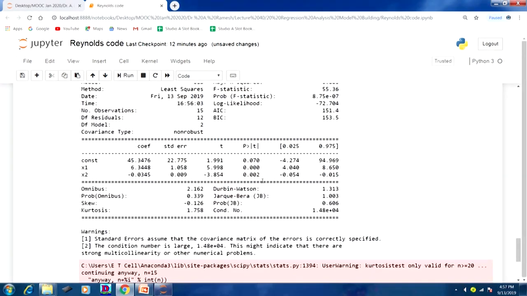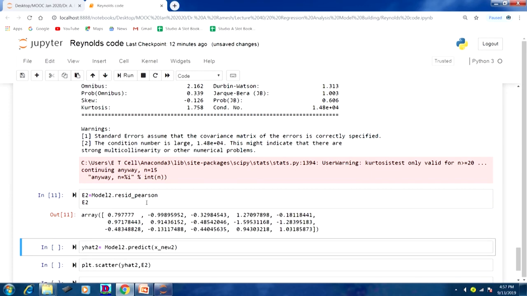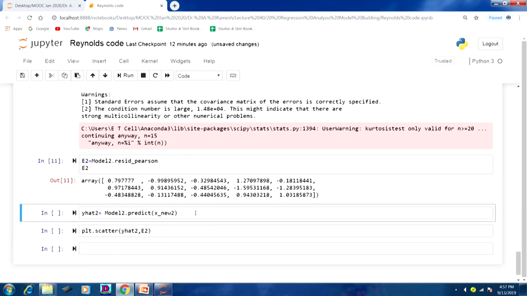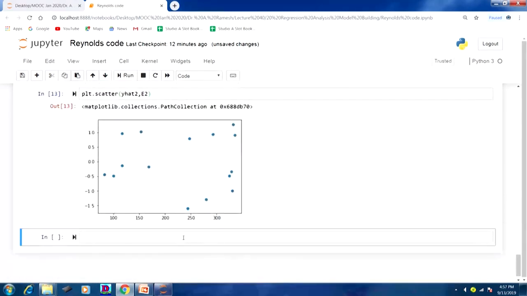It is not enough to check only the individual significance, overall significance and R square. Apart from this, we got to go for residual plot. So when you go for residual plot for our second model, this is the standardized residual. Now we will go for the predicted value of new y, that is y hat 2. Now we will plot it. Now it looks like there is no curvilinear relationship. Now we can say that in this model, instead of going for a simple linear relationship, when you go for curvilinear relationship, that is the best model for the given data.